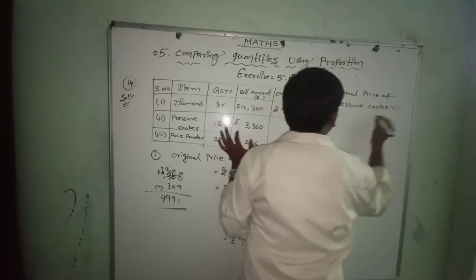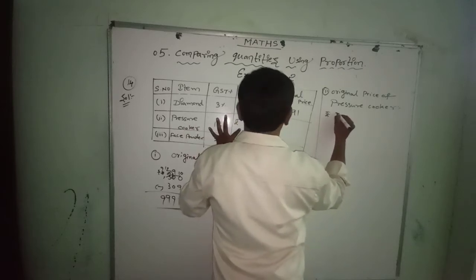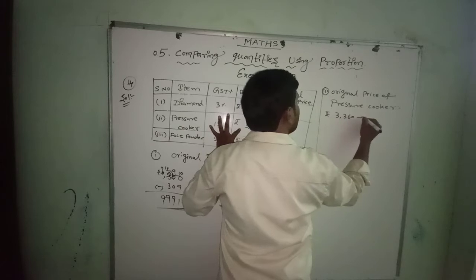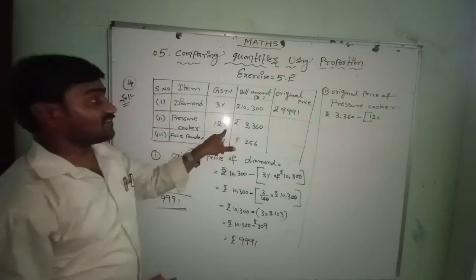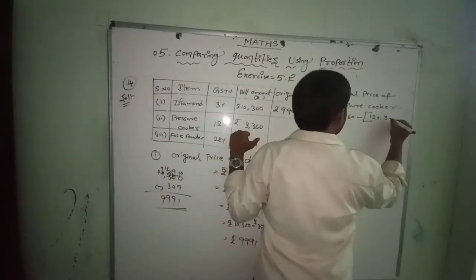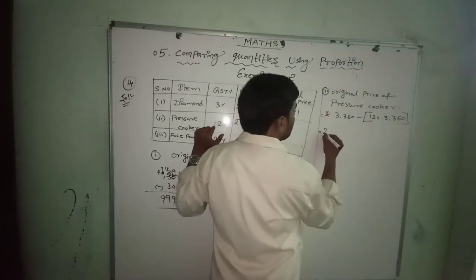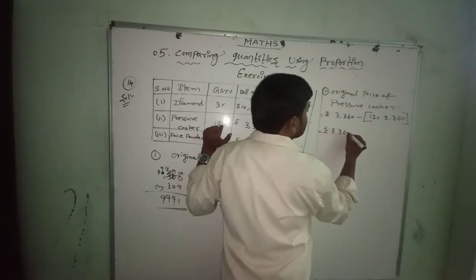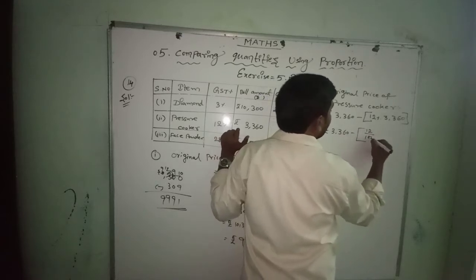The original price of pressure cooker, here actually the original price will be rupees 3,360 minus 12% GST on it. That is minus 12% of 3,360. So we get rupees 3,360 minus 12 by 100 into